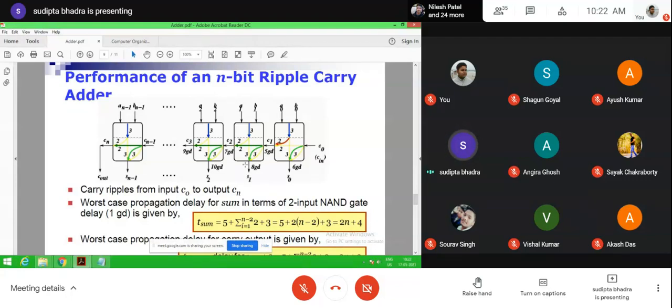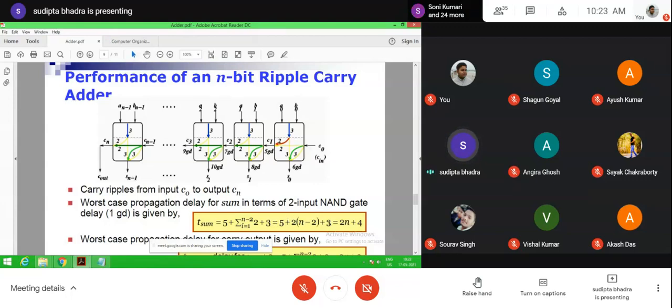So the propagation delay in case of sum is represented by this equation. 5 means the first two get delayed to generate the carry, and then subsequent 2 get delay for i equal to 1 to n minus 2, and then for the last sum bit, Sn minus 1, there is a requirement of 3 gate delay.